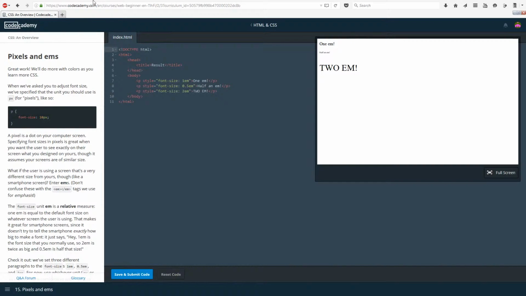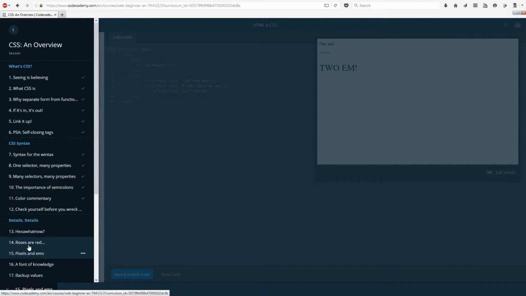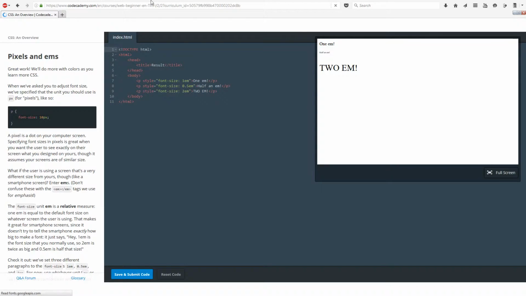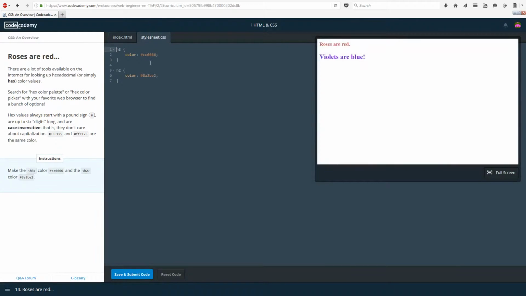So let's move on. Pixels and M's. Ooh, what is M? Okay, I don't think it's going to explain that, so let's actually explain this really quickly so that it makes sense. So you have